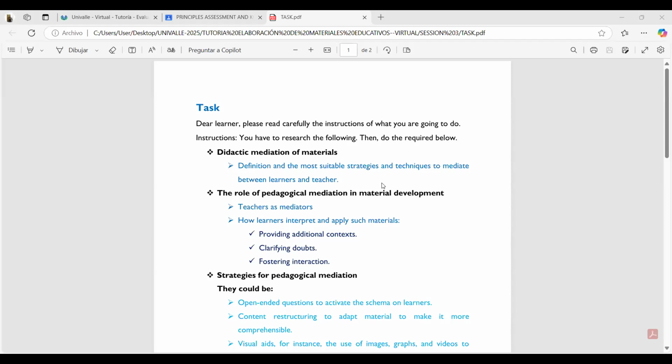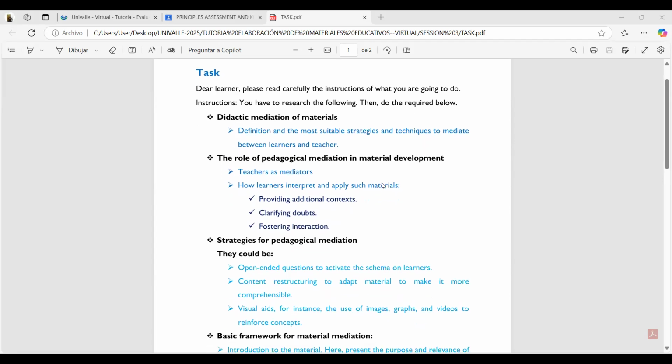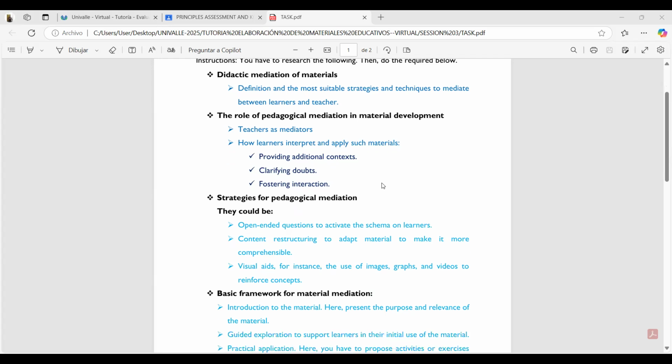Dear learner, please read carefully the instructions of what you're going to do. Okay, you have to research the following, then do the required below. Vas a investigar sobre el didactic mediation of materials y ahí tenés lo que vamos a hacer. Definition and the most suitable strategies and techniques to mediate between learners and teachers. Después, el rol de la mediación pedagógica en el desarrollo de los materiales. Vamos a ver el maestro como un mediador, ¿verdad? Y cómo los estudiantes interpretan y aplican dichos materiales. Entonces ahí tenemos que lo que vamos a ver, providing additional context, clarifying doubts, and